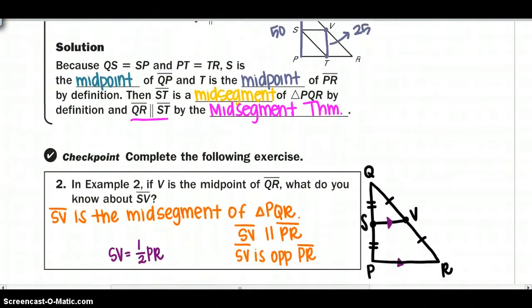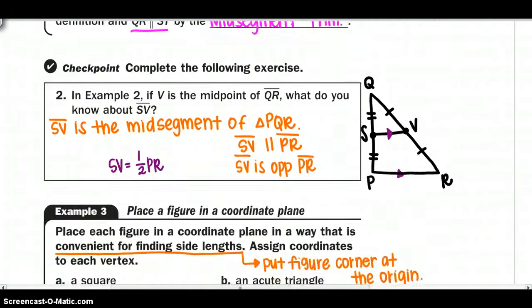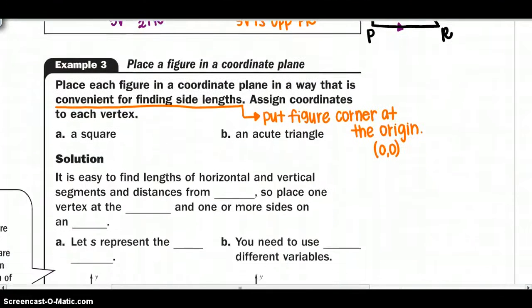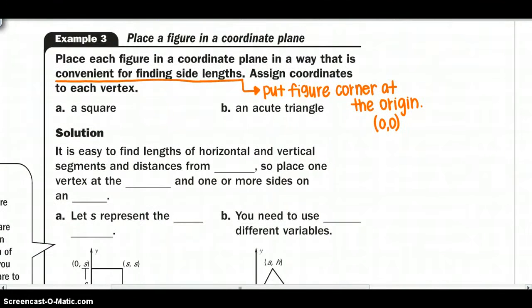All right, here are checkpoint number 2's answers. And we will move into example number 3. So we are going to place figures in a coordinate plane. The directions are: place each figure in a coordinate plane in a way that is convenient for finding the side lengths. So when you see that, you should think from now on placing one corner at the origin,